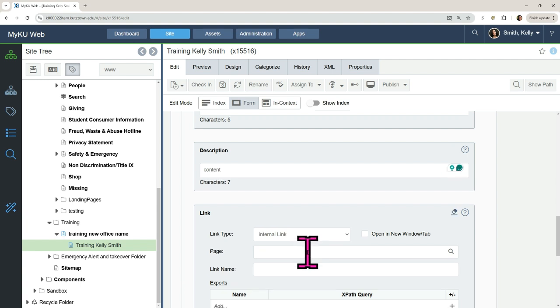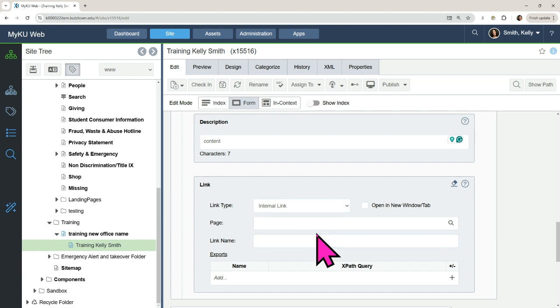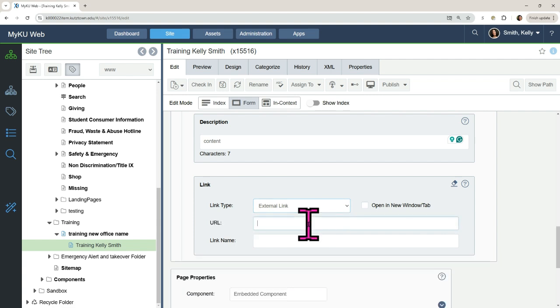You can refer to the hyperlink video to see more information on the different types of hyperlinks available to you within components. Internal, external, or document. I will, for example, say an external link. Type that link here, and then give the link name